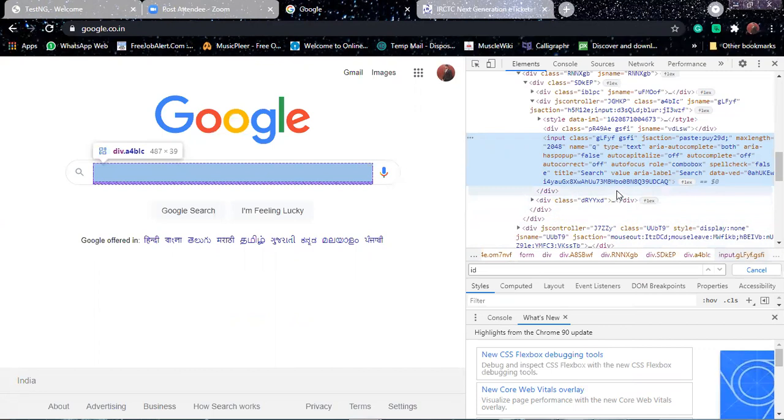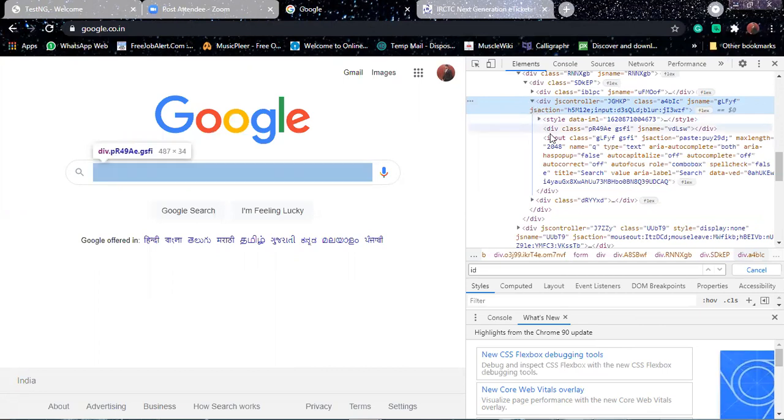The div is there, above that, the div with the JBHQ HP, not that div. This is your city. Inside that city, you come to style. What is the style? It is like your area.